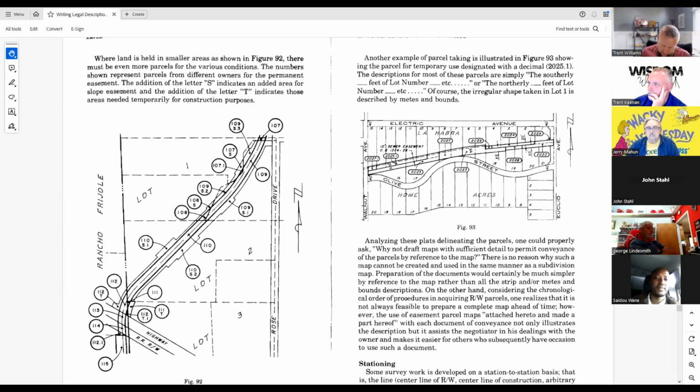It does not pass to the heirs of the licensee. It does not give third parties a right to sue for interference with its use. An example is where an owner gives someone a right to park on his front lawn to view a parade. And so that's one type.